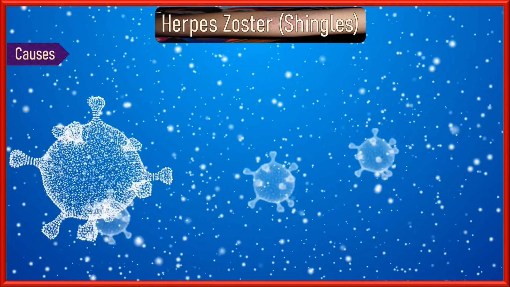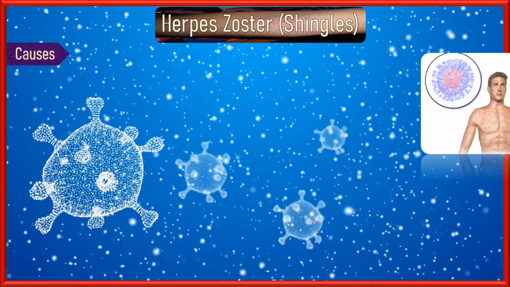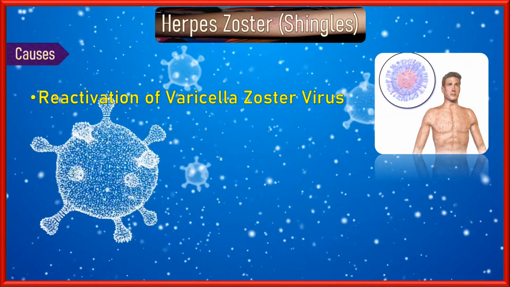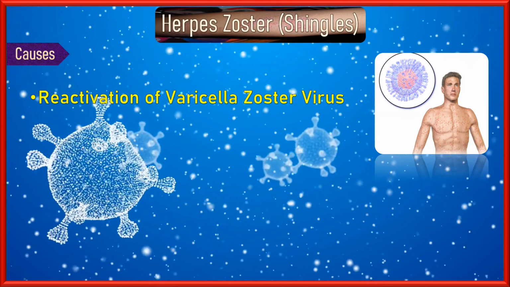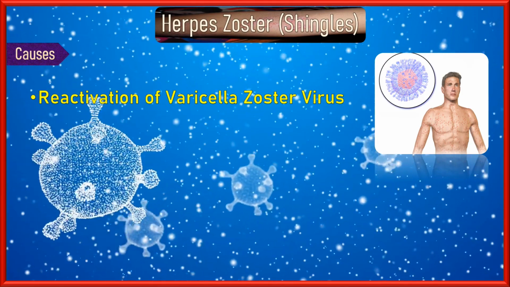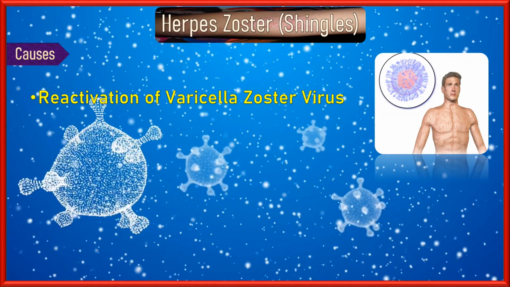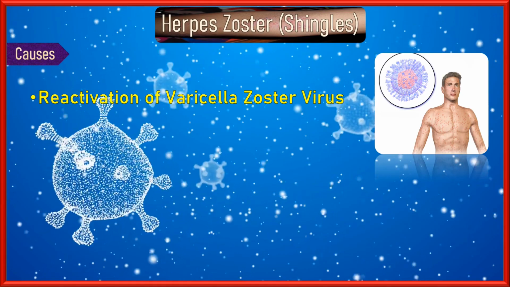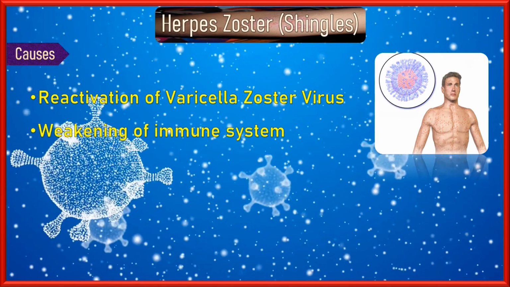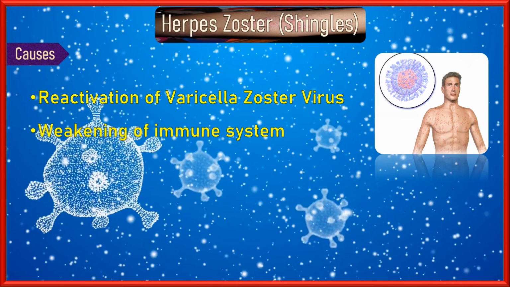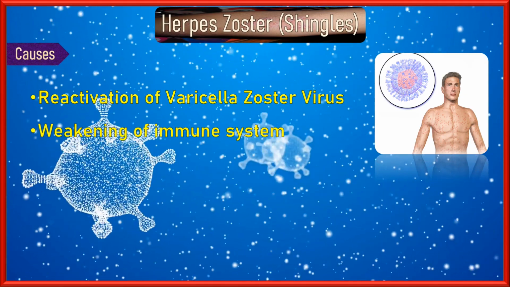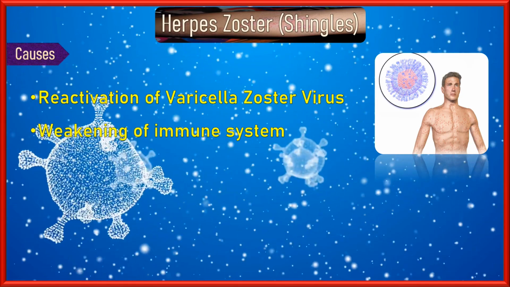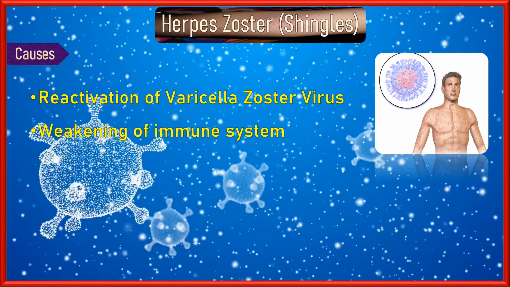Causes of herpes zoster. The primary cause of herpes zoster is the reactivation of the varicella-zoster virus in individuals who have previously had chickenpox. The reasons for viral reactivation are not fully understood, but several factors can increase the risk, including weakening of the immune system. A weakened immune system due to aging, stress, illness, or certain medications can make individuals more susceptible to